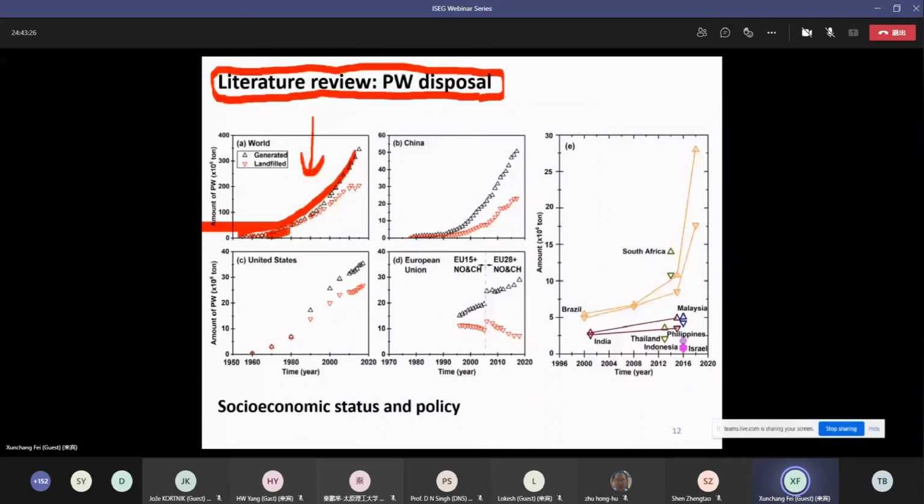We can see that this trend is flattening out, which is primarily due to two things. One is the promoted recycling of the plastic waste, and the other is the increased incineration rate or ratio of the plastic waste. Then we can break these numbers down to see, for different countries and regions,